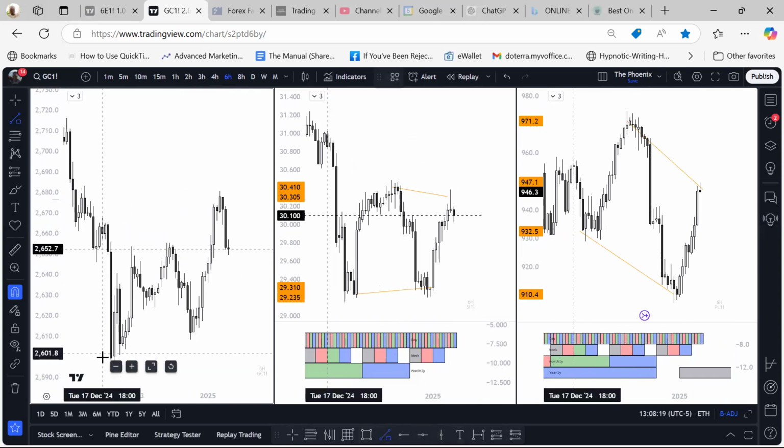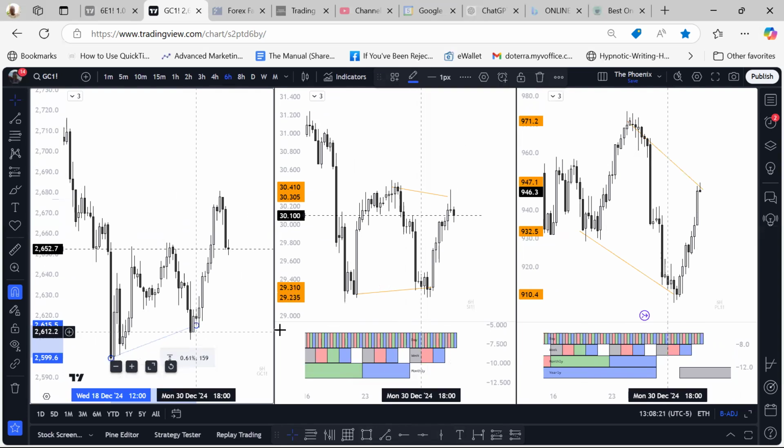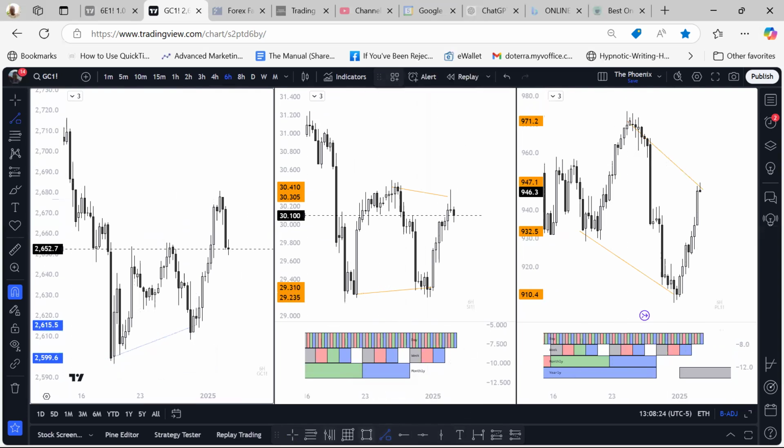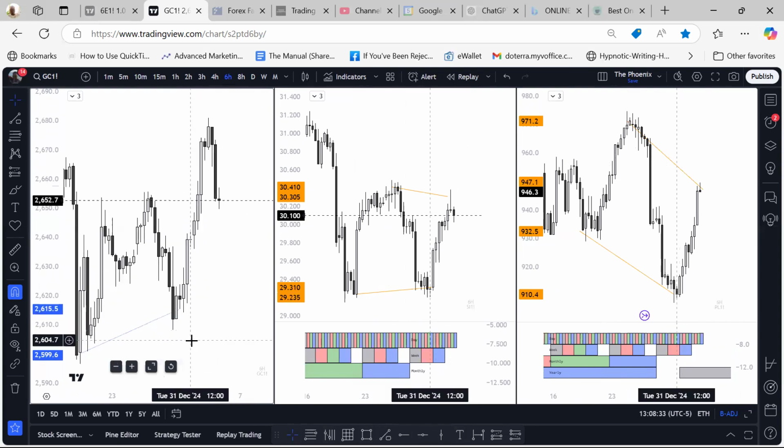We had 17. So SMT would have printed smooth here. We would have had